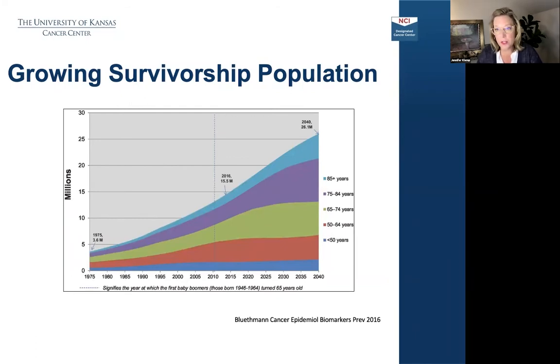Adding to that complexity is this slide, which I'm sure many of you have seen, but it's actually called the silver tsunami. So not only do we have that increasing number of cancer survivors, but as you can see here, two-thirds are over 65. Over 65 means that they have 2, 3, 4 comorbid conditions, most of those being things like hypertension or other cardiovascular risk factors, diabetes, being overweight.